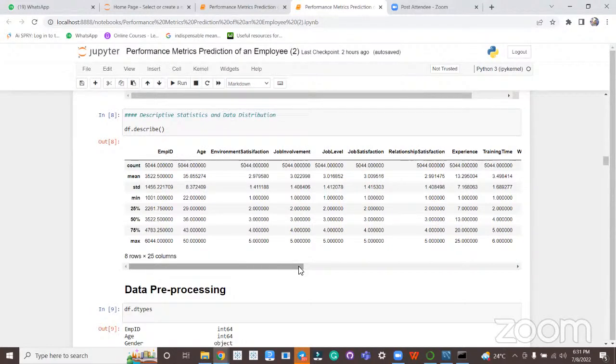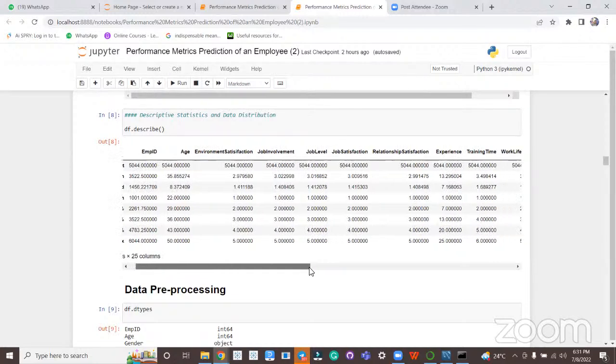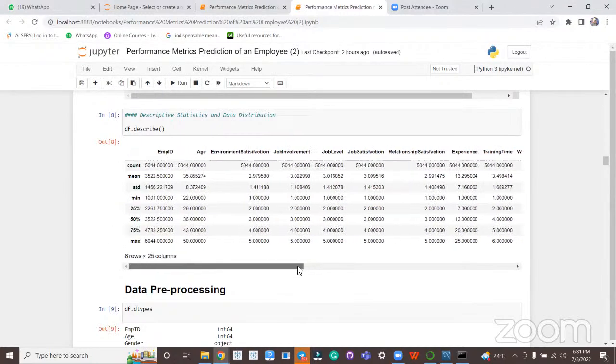Proceeding further, manual EDA can also be implemented. The describe function will give us the descriptive statistics for your first moment and second moment calculations, that is mean and standard deviation. Along with that, it also describes the distribution of the data by capturing minimum, maximum, first quartile, third quartile, and median.